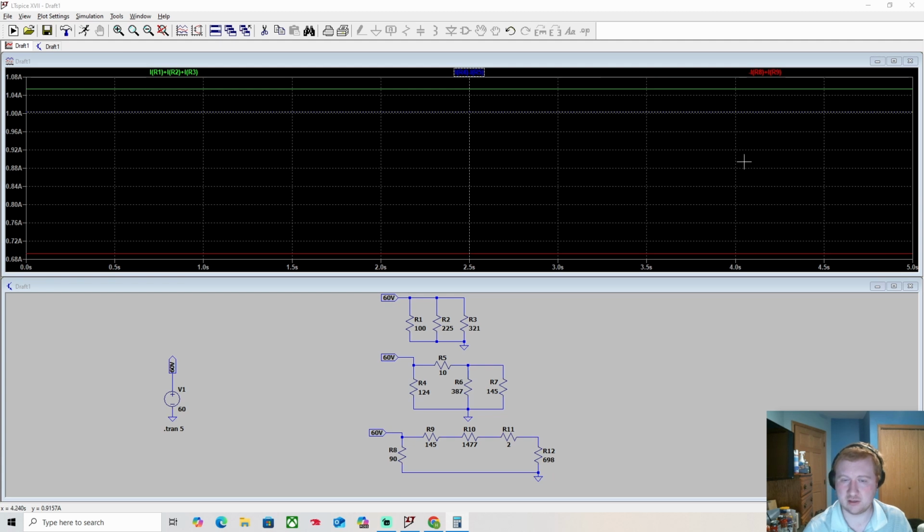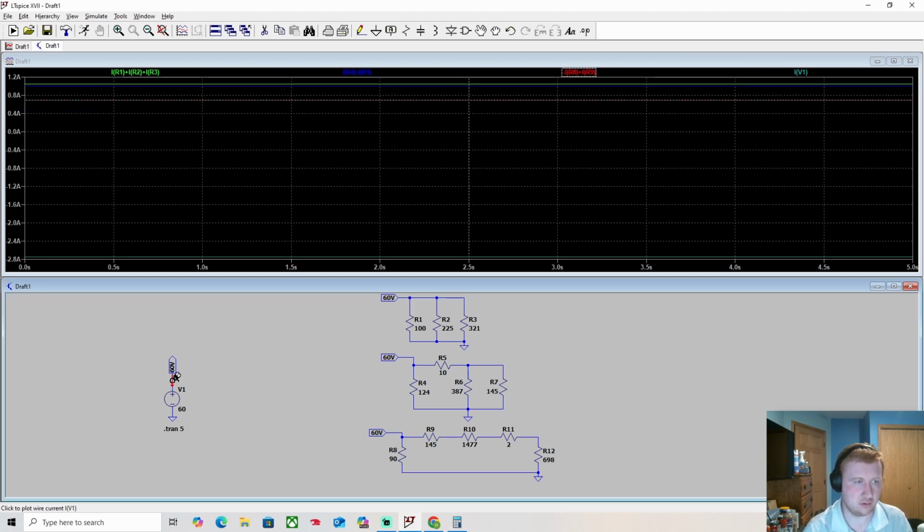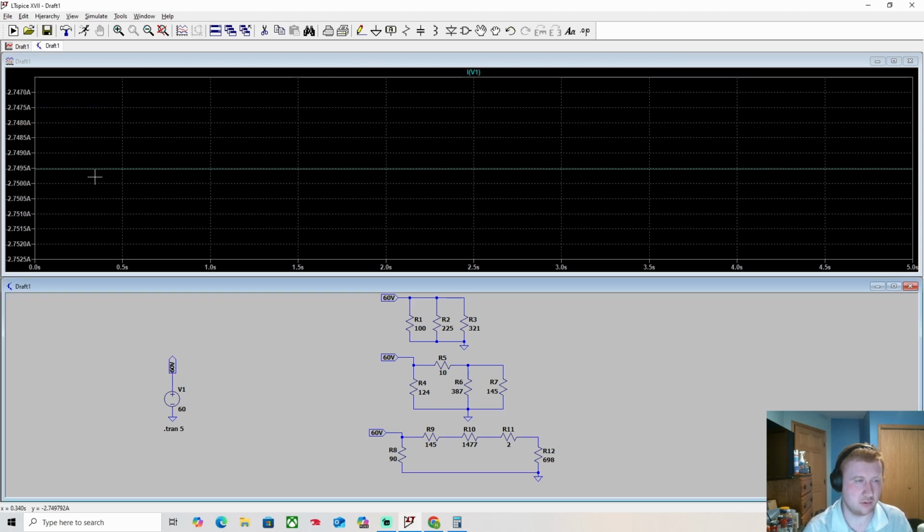0.03 plus 0.692, 2.745, 2.74. Of course, I didn't include all the decimal points, but like I said, it's going to be the same answer. Close enough. That works. So yeah, it's just a quick way of